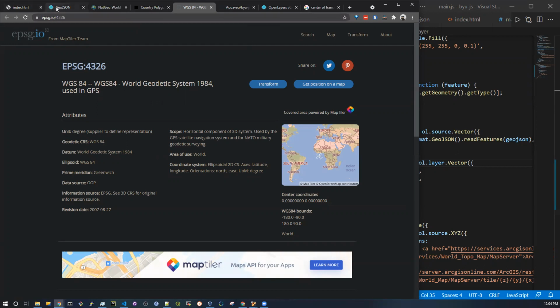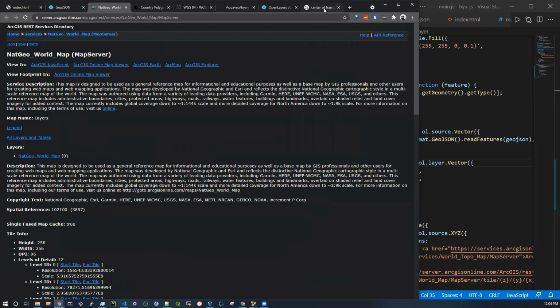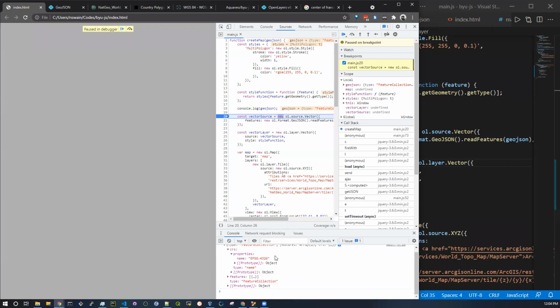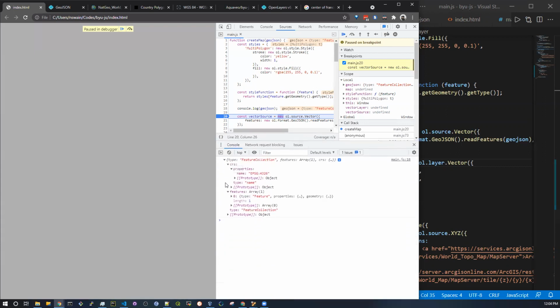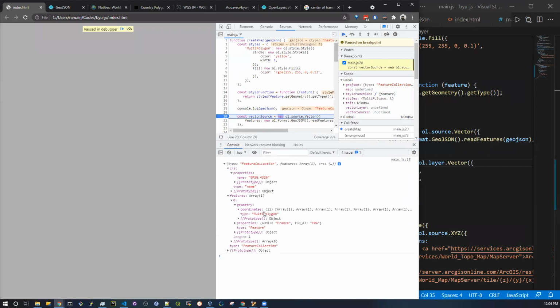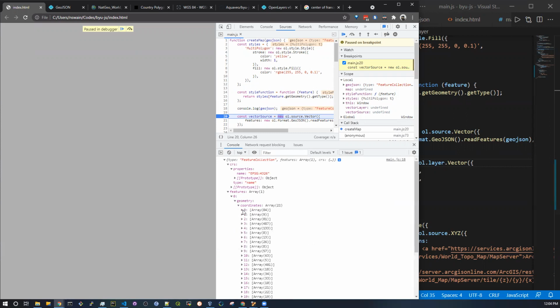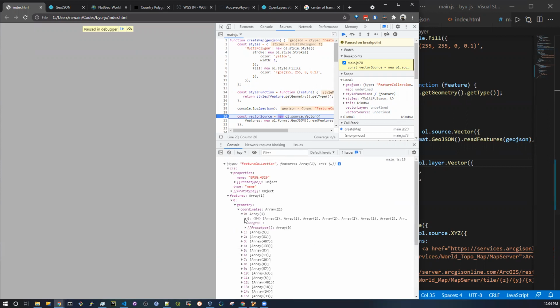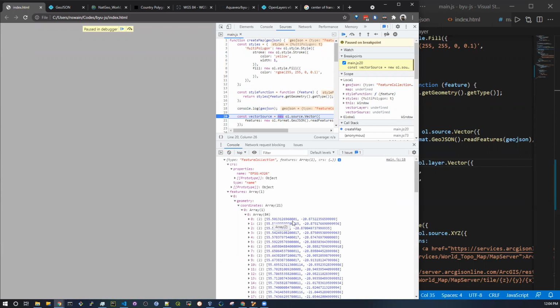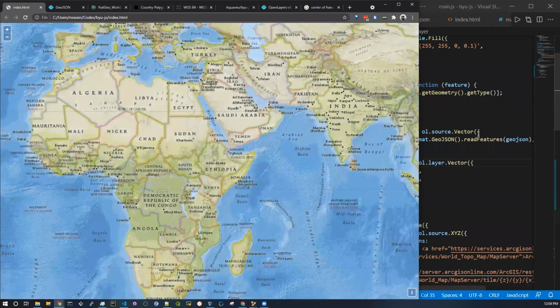Sorry, the first one. And if we look at our features, let me just move this up a little. We do indeed have some geometry. It's a multi-polygon, and it's got several sets of coordinates, and they're embedded in arrays. If we look at this, it looks like latitude, longitude, right? So that's correct, but it seems the thing that we're missing, if we go look at the code here,